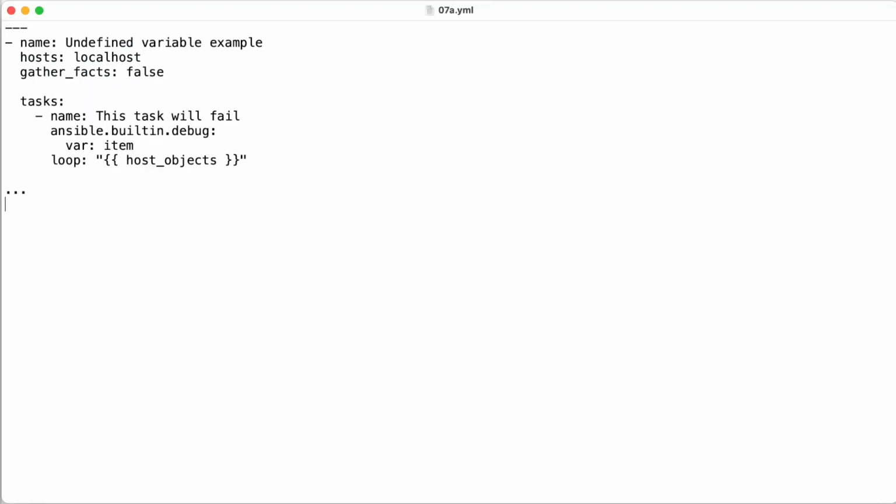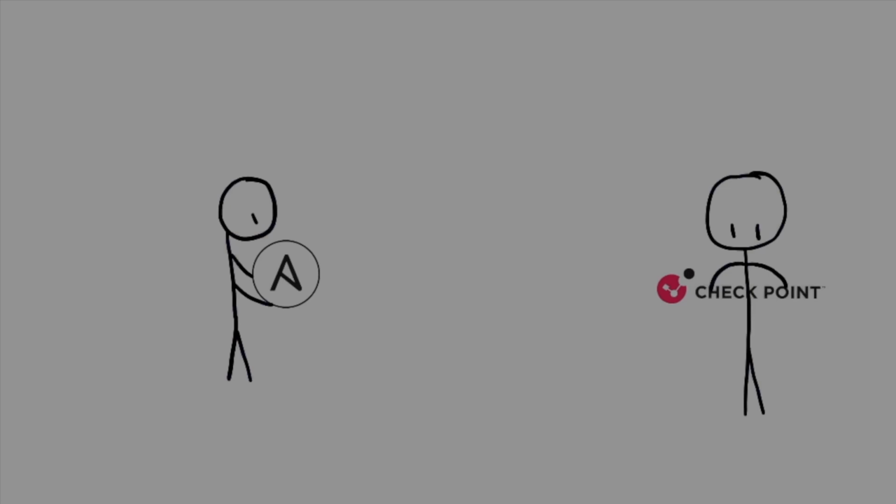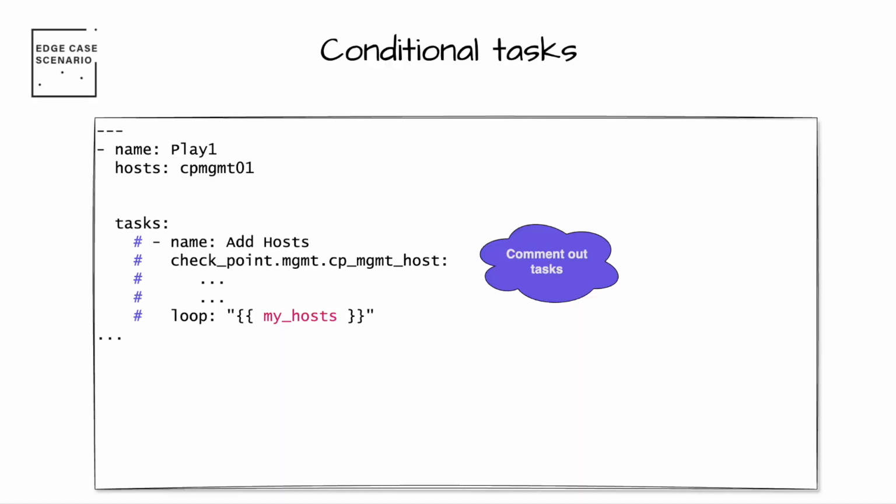If you have a template style playbook that is expecting a list of host objects, but for some reason that list isn't defined, the playbook will fail with an error. Here's an example of that. You can see that the list variable for the loop is undefined. Of course, you can manually disable that task by commenting it out, but now you're back to that strong coupling